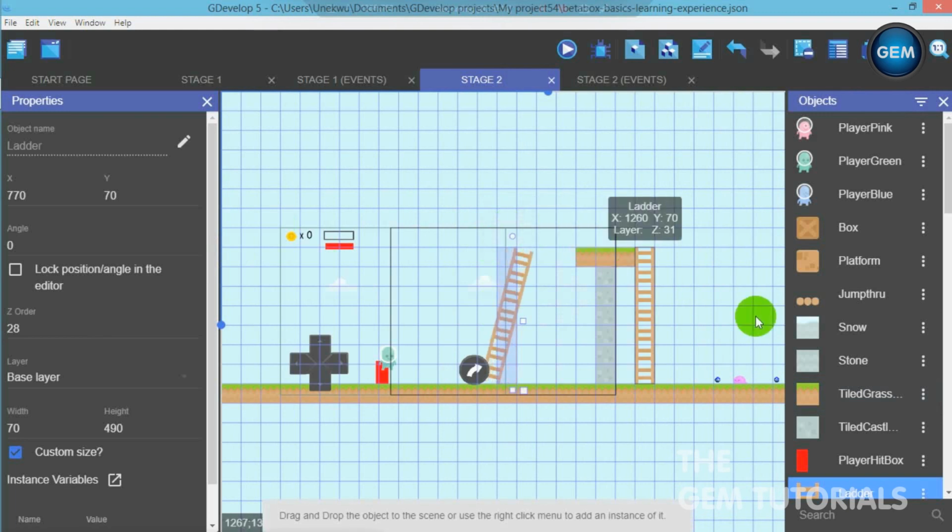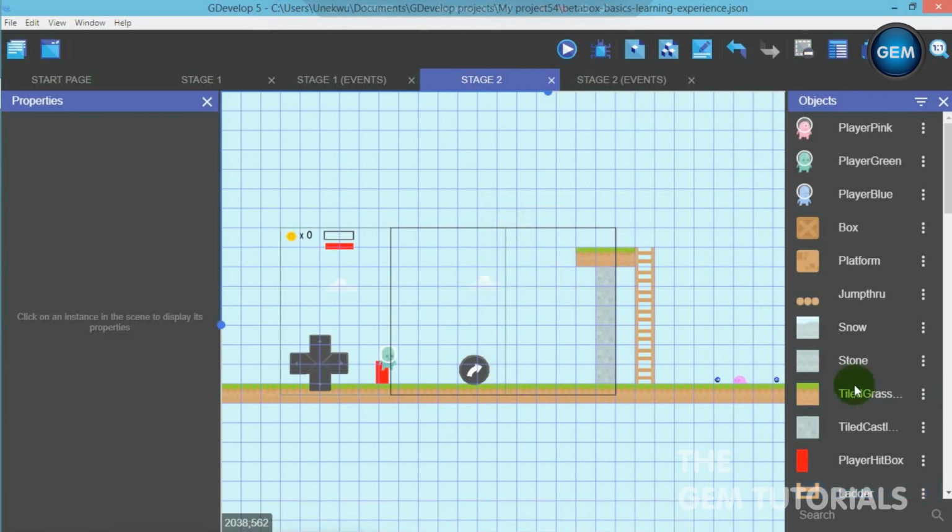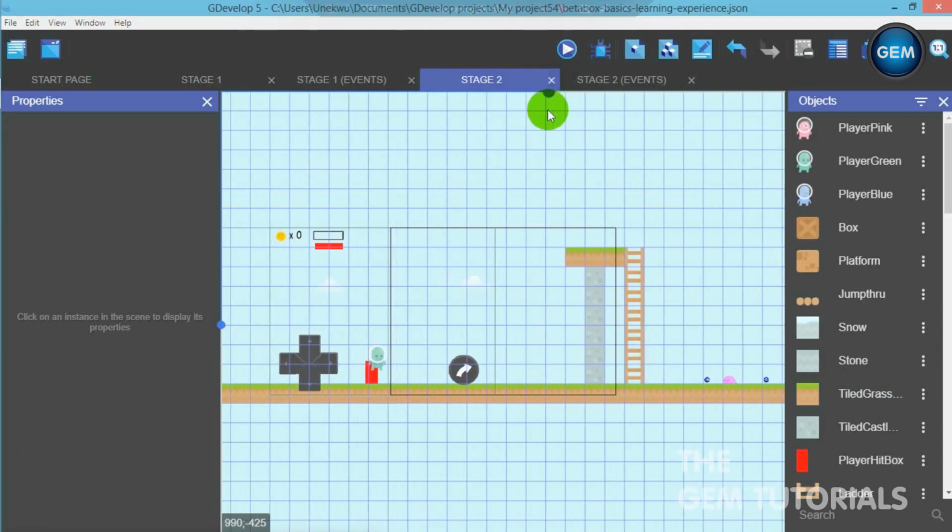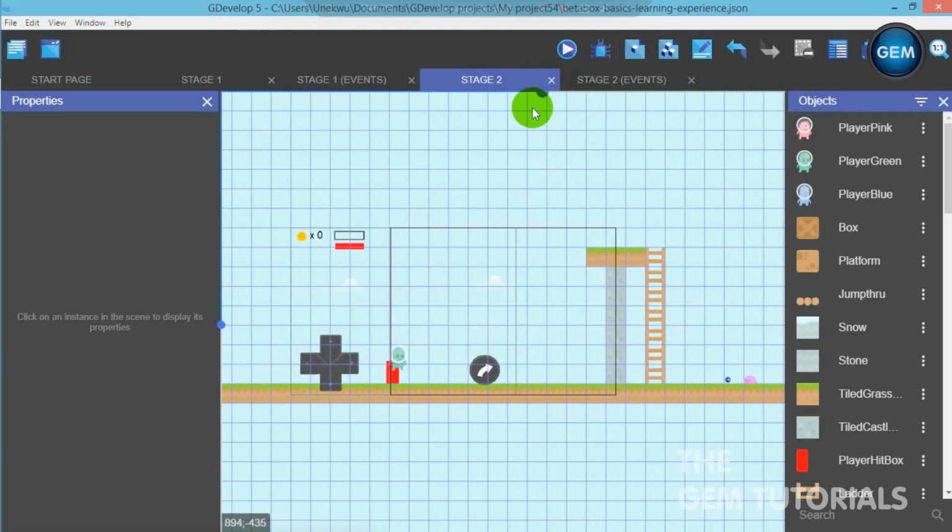Therefore you have everything there, so there's no issue in editing it. So it's really easy, and I would recommend it when you're creating multiple stages, because you don't actually have to waste time